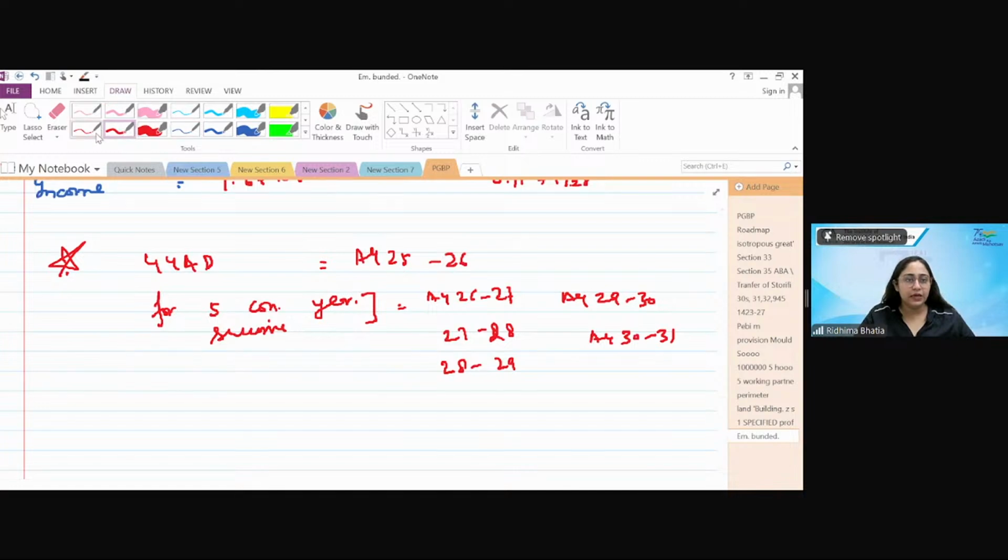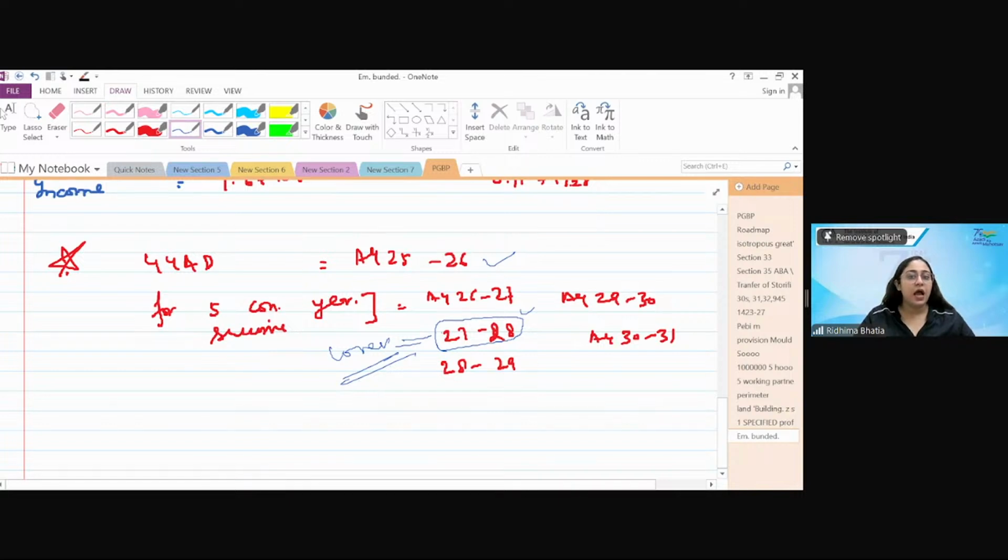Now, suppose I declared 44AD for assessment year 25-26, and I declared for assessment year 26-27, maybe this. But now, assessment year 27-28, I did not declare presumptive taxation. I declared the profits which were lower. I want to declare lower profits. I've suffered loss or anything. But the profits which I will be declaring would be lower. The moment I declare lower profits, that is the moment I'm not claiming the 44AD for consecutive 5 assessment years,